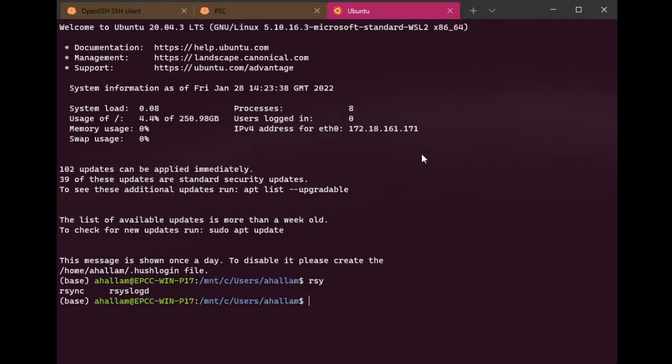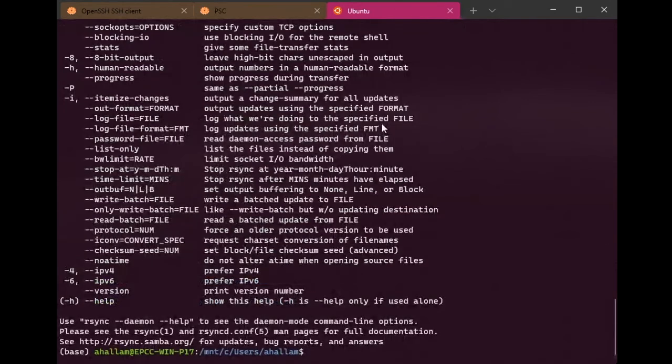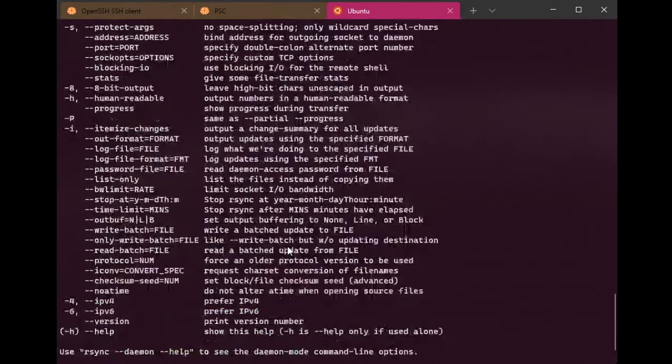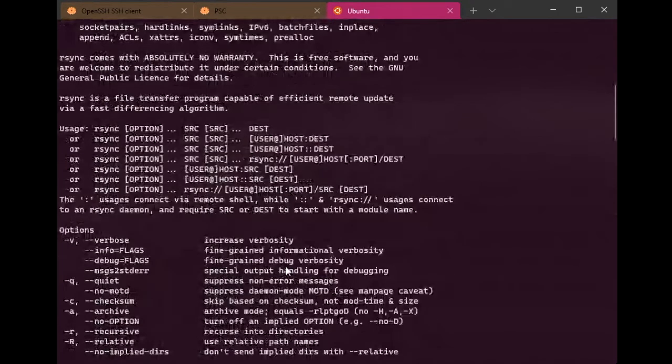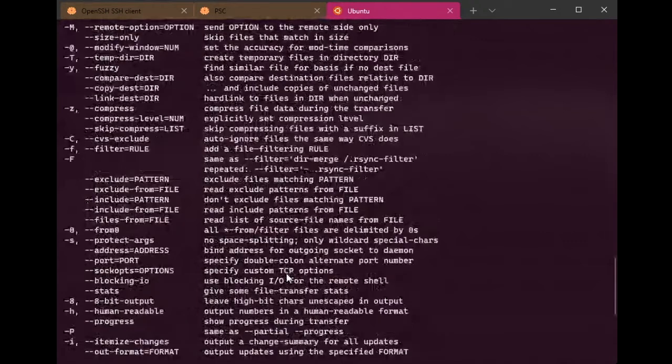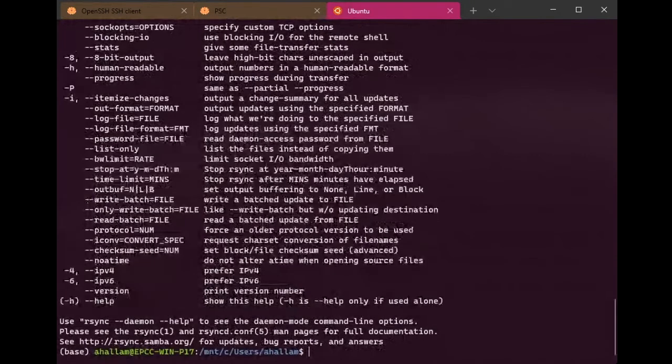Yeah. Good. All right. So if you're on a Mac or if you're on a Linux machine, you'll have this command called rsync, and you can look at the help menu again just by using the --help flag. There's a huge number of options here, but essentially it works in a similar way to SCP, but it provides some more useful commands. For example,